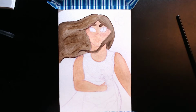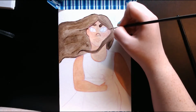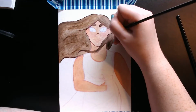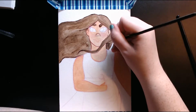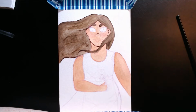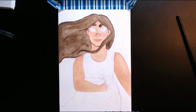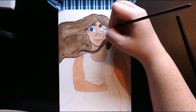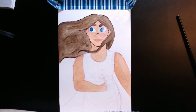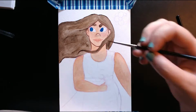The paper, as it had dried, allowed me to re-wet when I needed to, but it didn't peel or do the pilling that other papers do, and it made sure that the paint stayed incredibly vibrant on the page. Other watercolor papers that I've used have taken the vibrancy out of the picture that I'm painting and caused it to become more of a gray shade, but this kept it extremely bright,